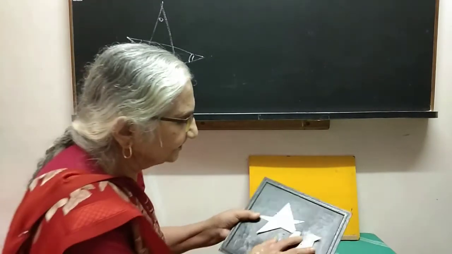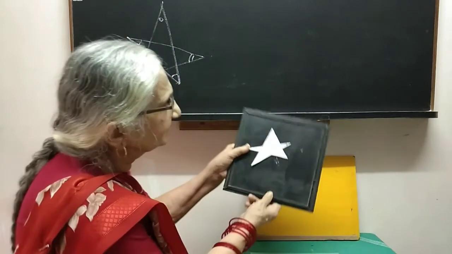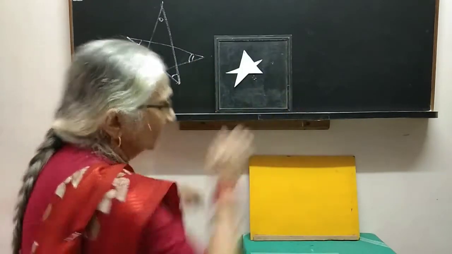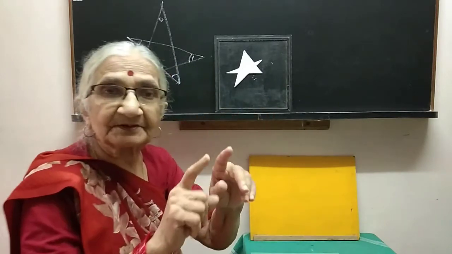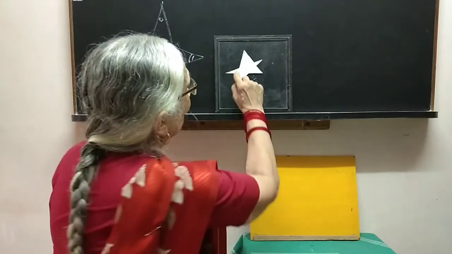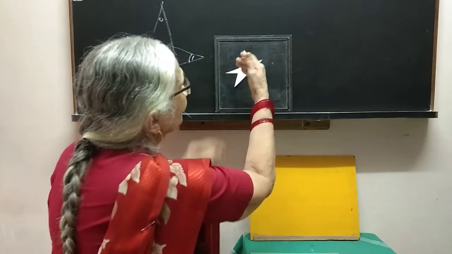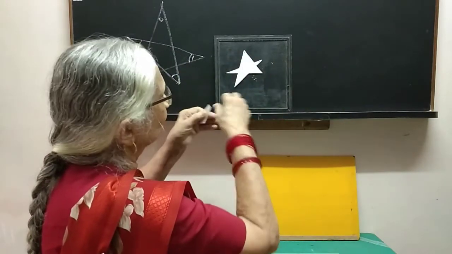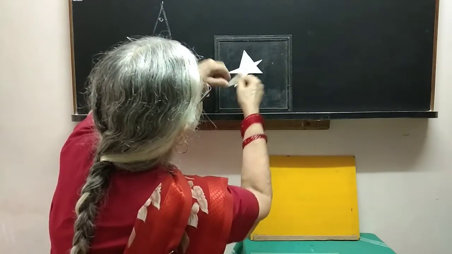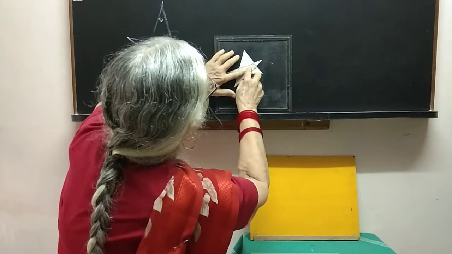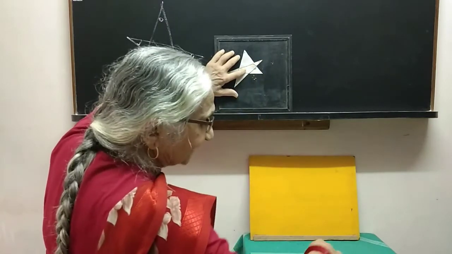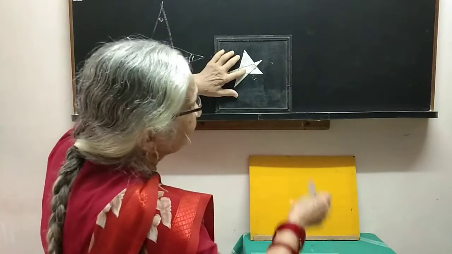I'll just give you a hint. This is a 5 star. Then we construct with paper another 5 star of the same size and cut off from here all the triangles which are jutting out, and what we shall be left with will be this. You can see when all the triangles are cut off, this is left. And where are the triangles? We arrange them as we did for a triangle.